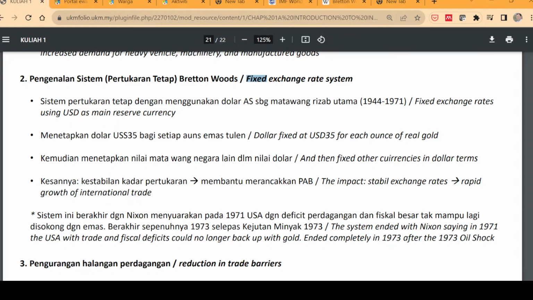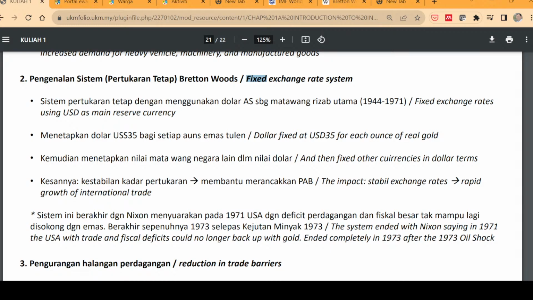Every $35, 1 ounce of gold. And then other currencies were fixed in dollar terms based on this. So the impact was